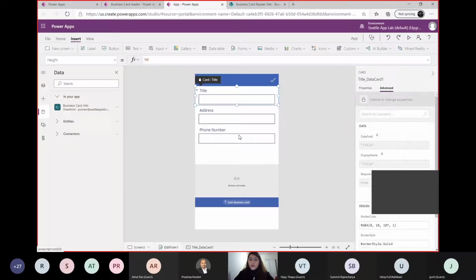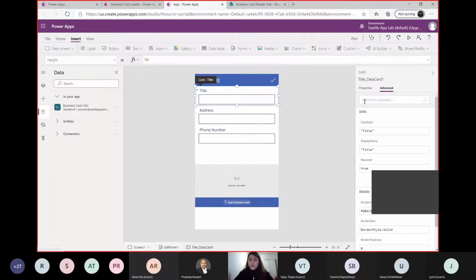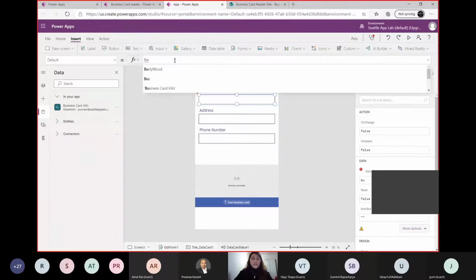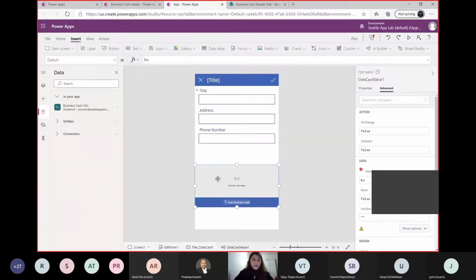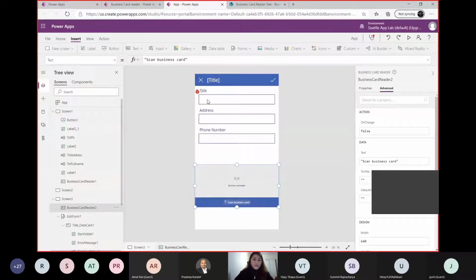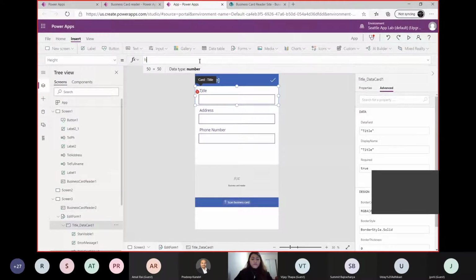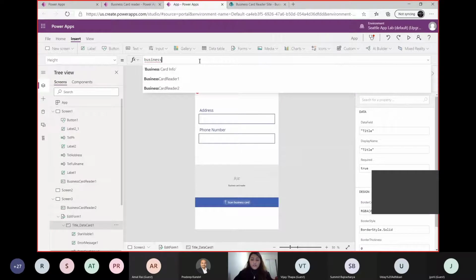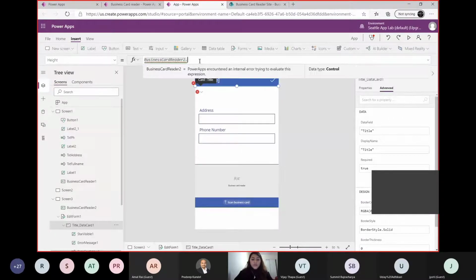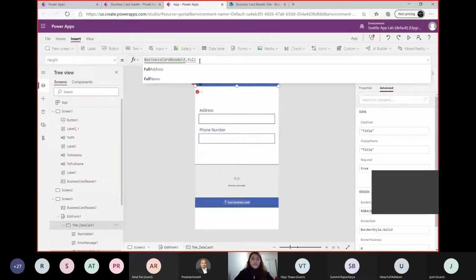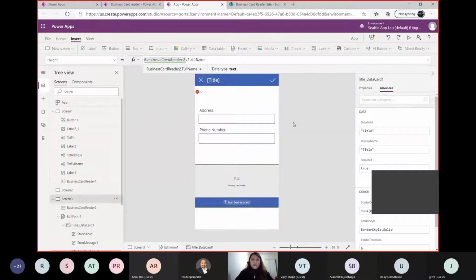So when you're in the form, all these fields are locked. So you have to go to advanced and unlock them and then go and edit in the same way we did before, like business card reader. This one is business card reader 2. So we'll go here. We have our business card reader 2 dot full name, right? So that's how you can